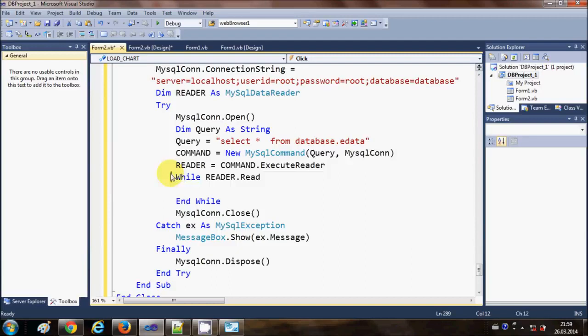and then I will fetch my data using while loop one by one. So it will fetch row by row data, and in this while loop I will fetch my data and I will write some code which will load my data to the chart control, right? So just write while reader dot read and the while loop, and in between this while loop we will write a code to load age and name to the chart. So in between this while loop, just write